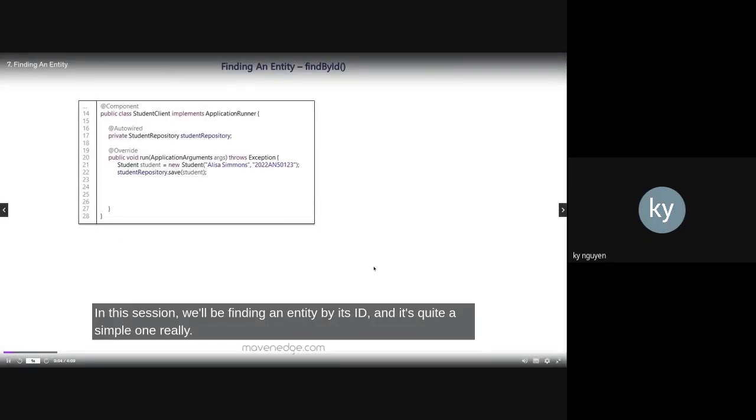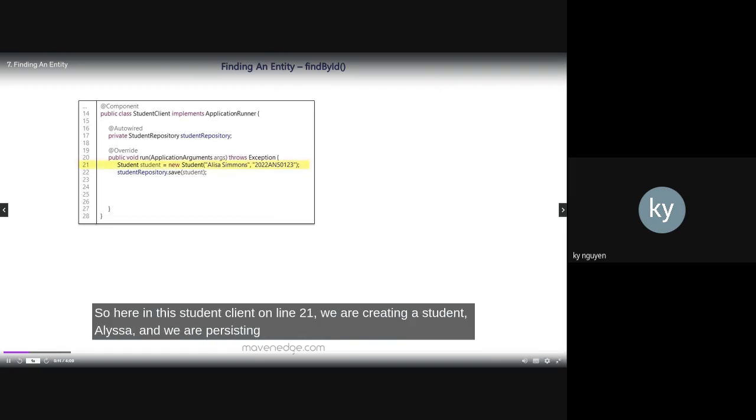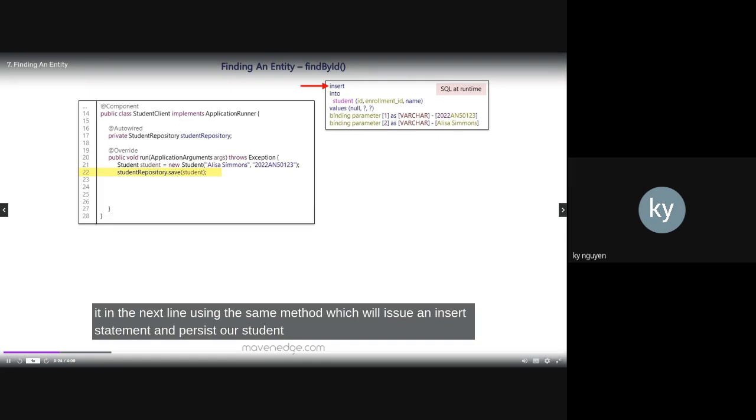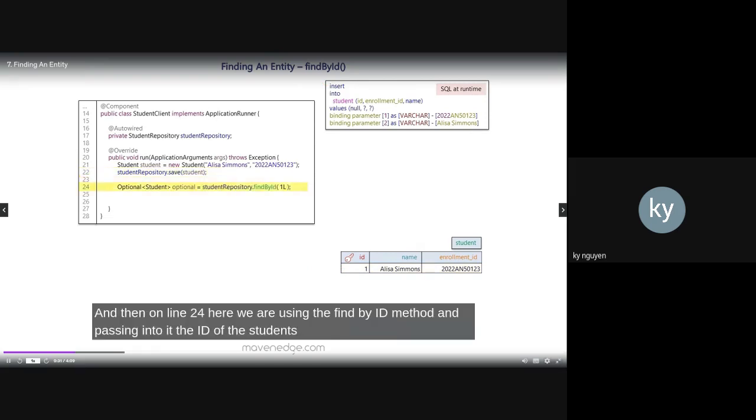its ID. And it's quite a simple one really. We just use the method findById to do that. So here in this student client on line 21, we are creating a student, Elisa, and we are persisting it in the next line using the save method, which will issue an insert statement and persist our student into the student table. And then on line 24 here, we are using the findById method and passing into it